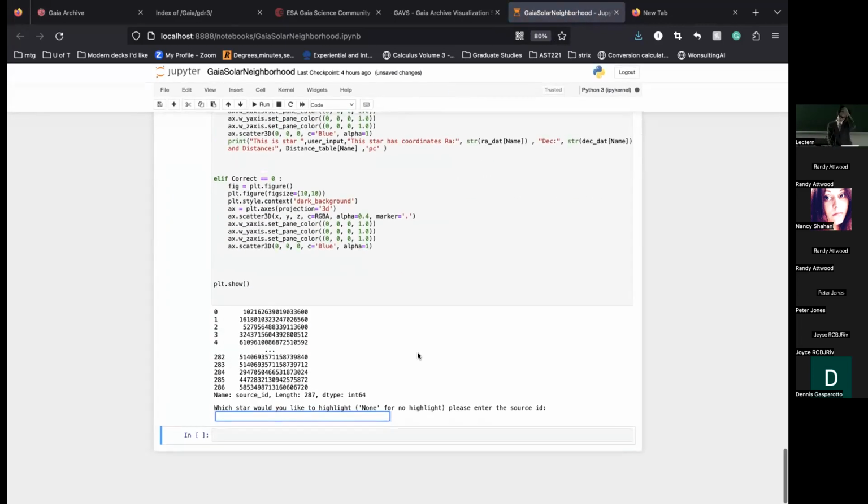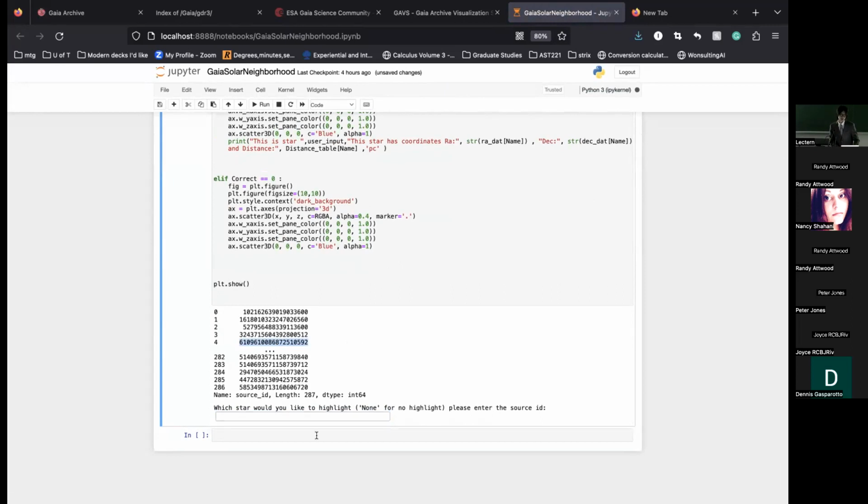Okay, so this code shows a couple random stars, whatever you need, and then you can either input no stars you want to highlight, or you can highlight a specific star that you need. So let's take number 4. There's no actual names to these things. It's just a bunch of numbers based on which ones were observed.